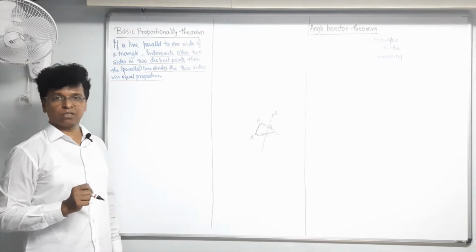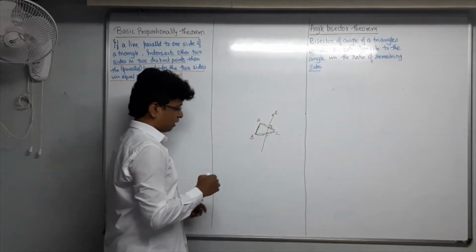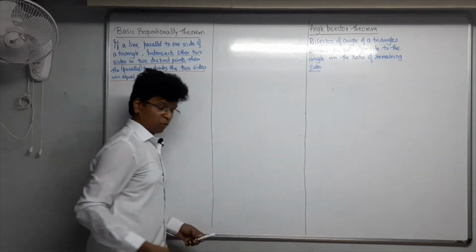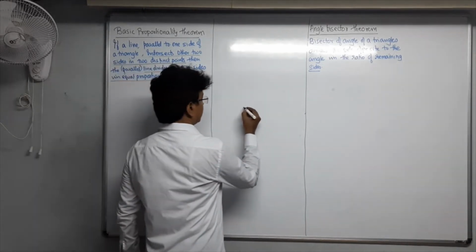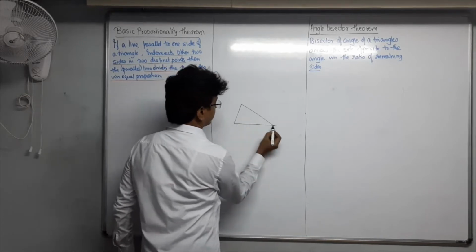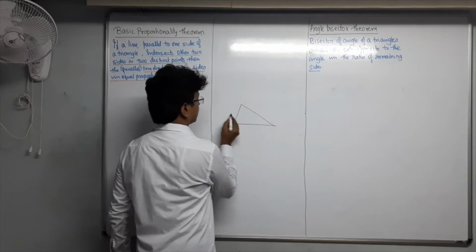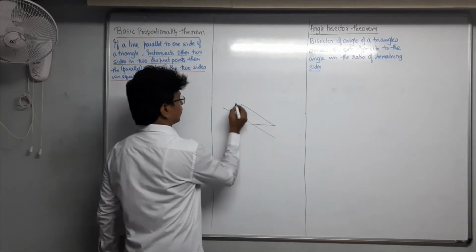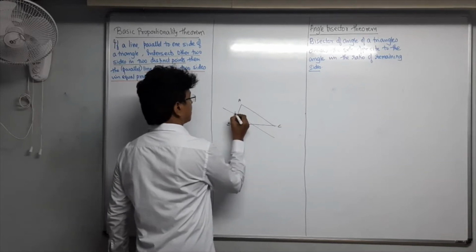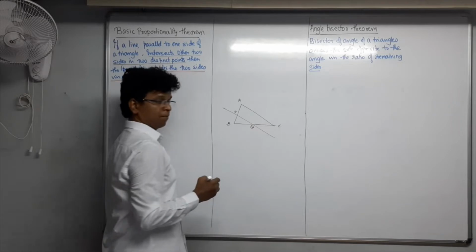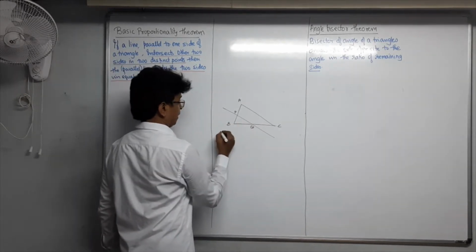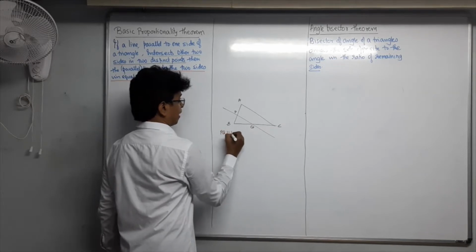Are you getting, my dear students? See, you are trying to understand this. Now here I will draw a few more diagrams for you. You have to understand this. You have to write everything over here. See, there is a triangle like that again. And then I draw a line parallel to this one. Now here A, B, C. Again I take it as P, Q. Fine. So here what you will have to see is that PQ is parallel to AC.